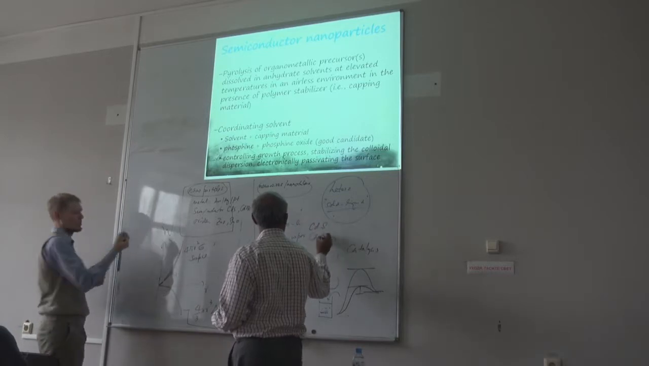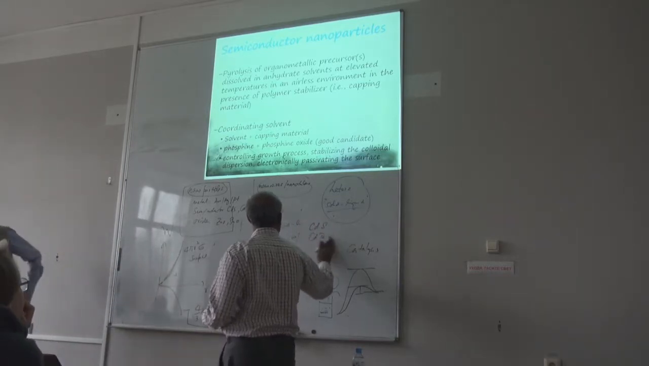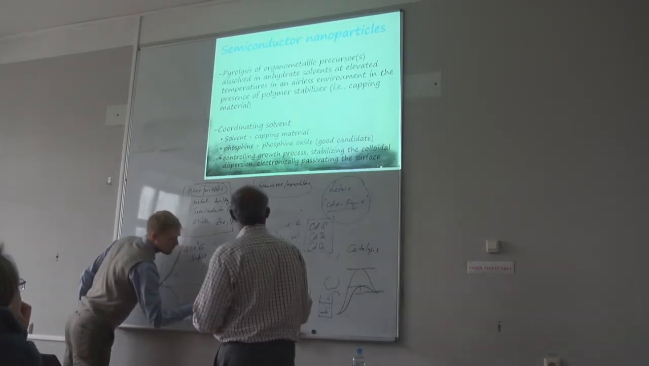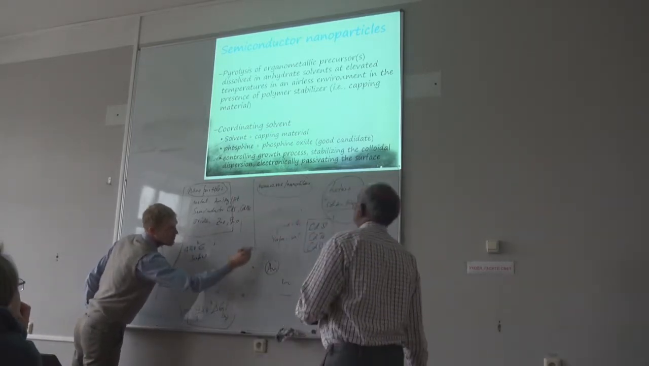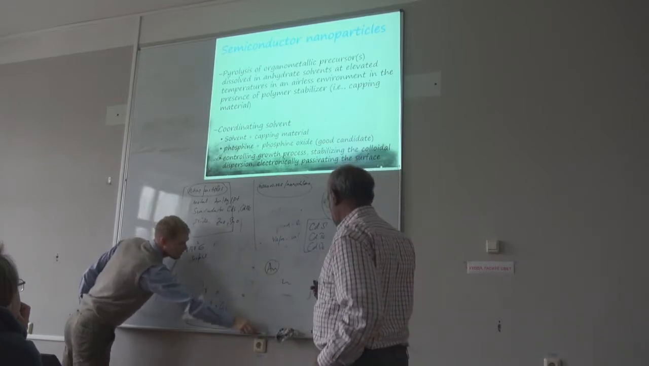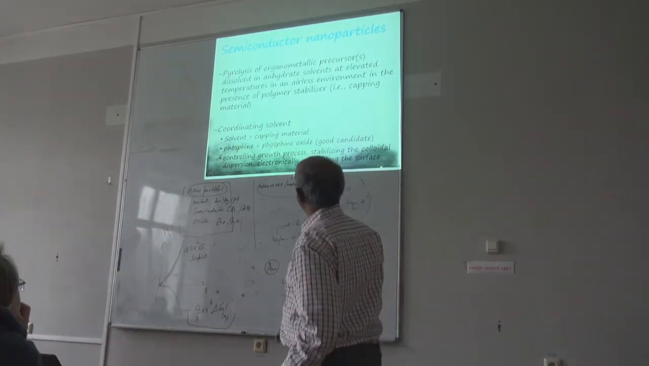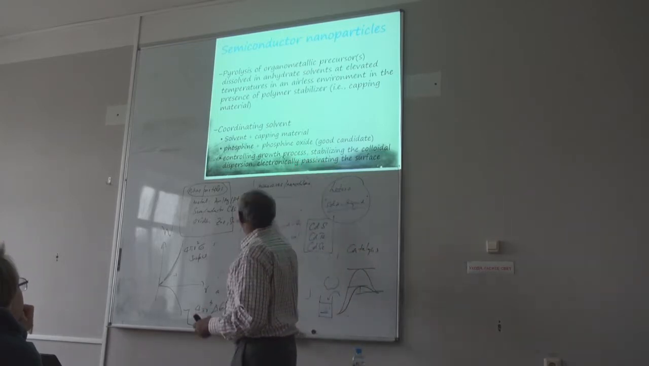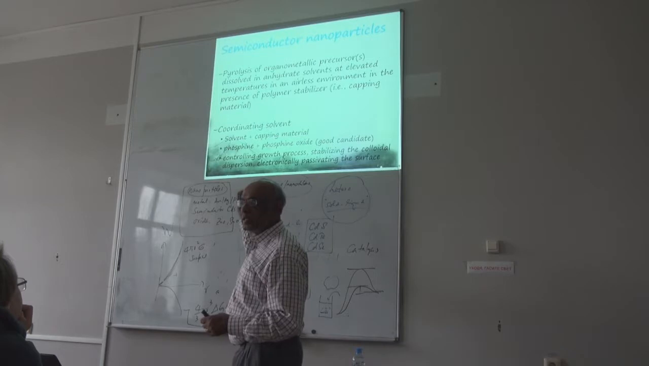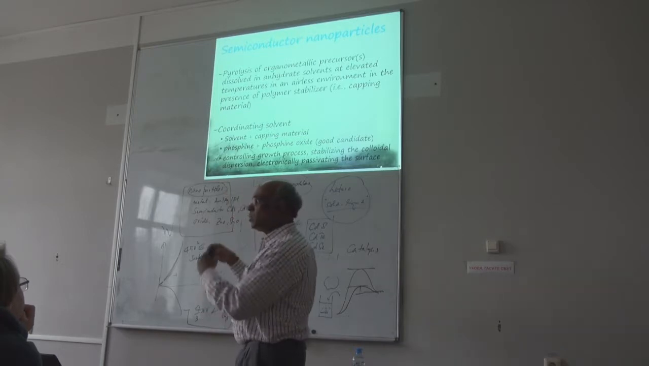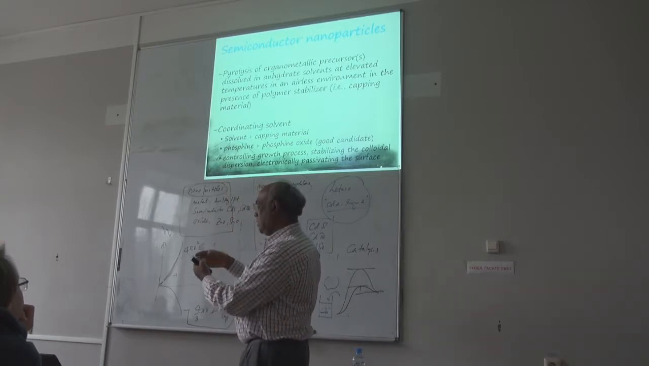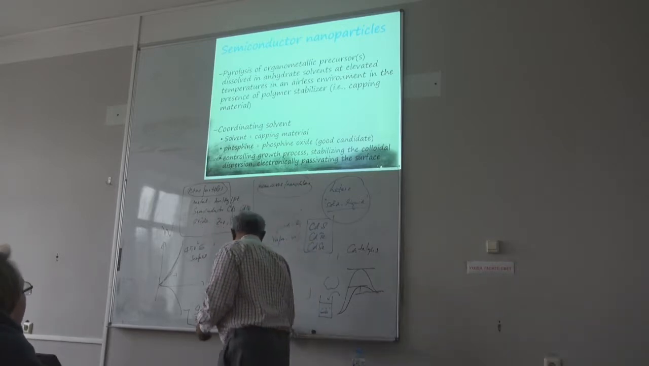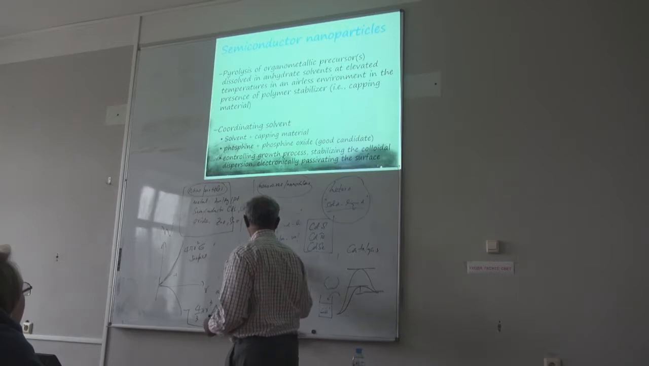Cadmium sulfide, cadmium telluride, cadmium selenide, these kinds of nanoparticles we can easily make the same way, but you have to use some kind of organometallic precursor. For example, if I want to use, is everybody familiar with the organometallic precursors? That means you have the metal with some organic compound, right? So you can have, for example, dimethyl,